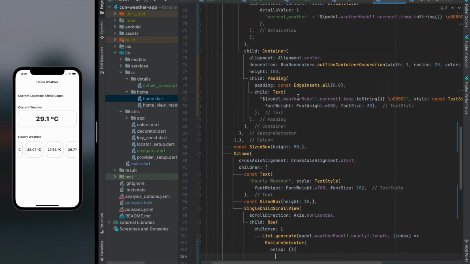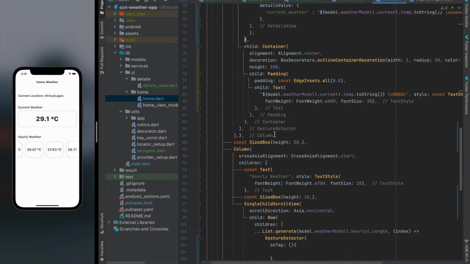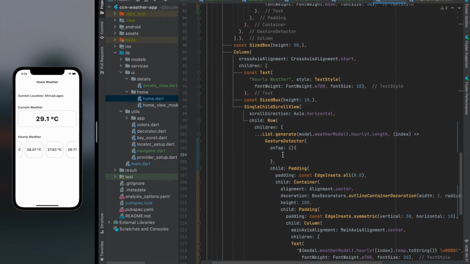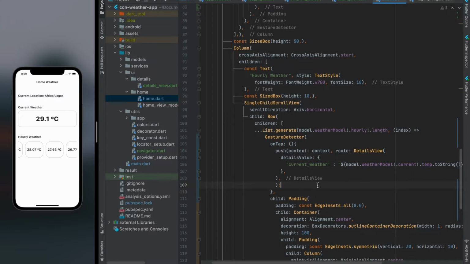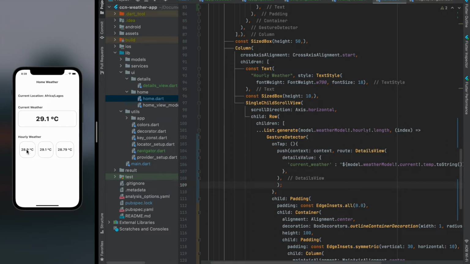Okay, so I just copy paste this and I paste it here. So I can reload my screen. And any value I click on gets